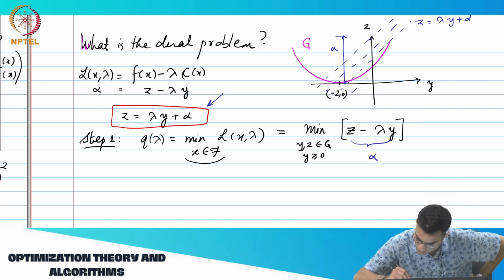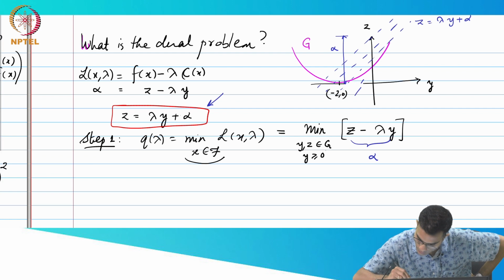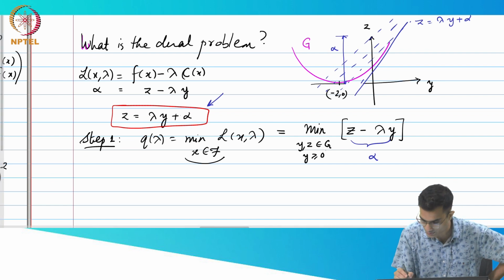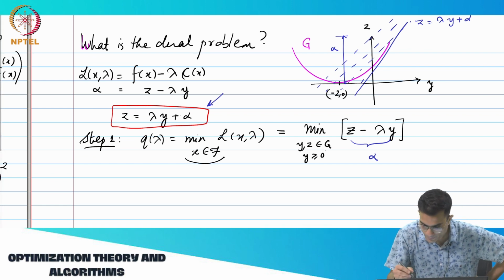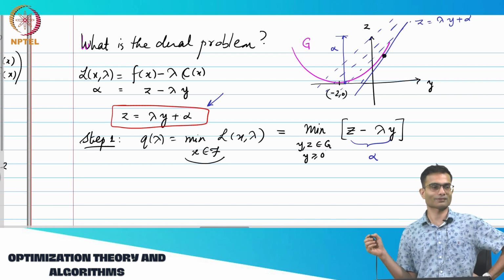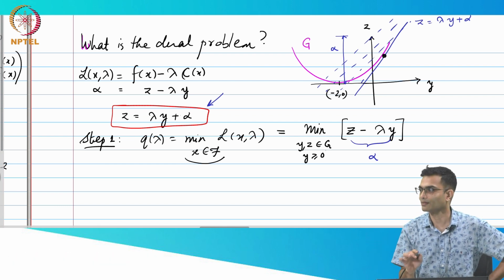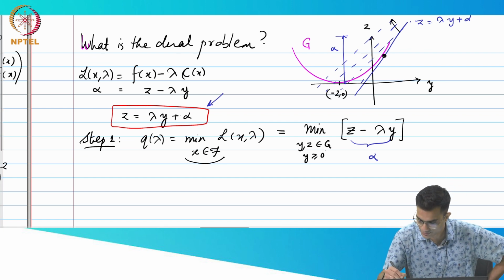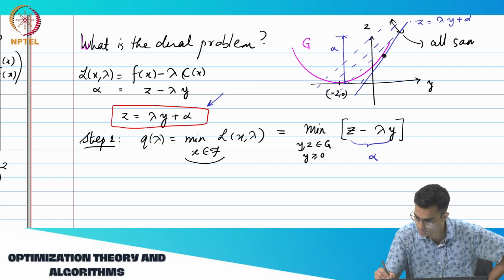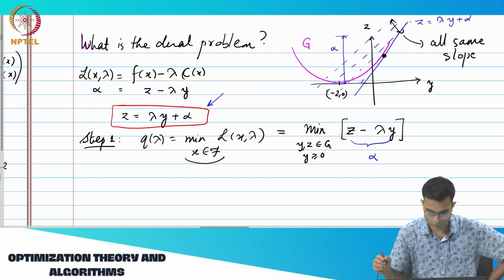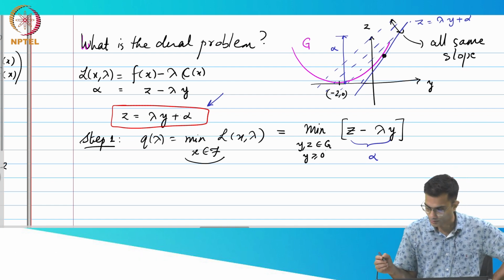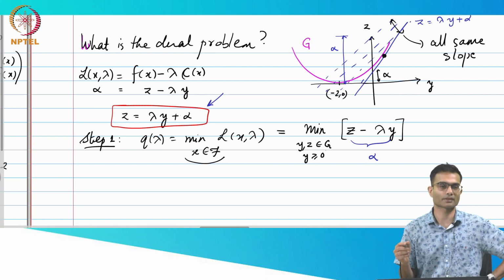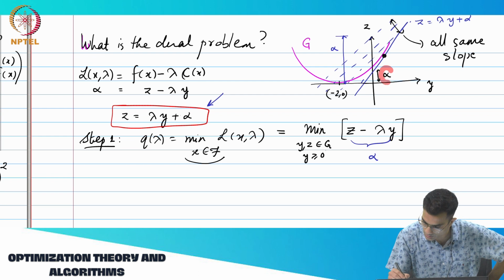So I'm going to get something like this. My drawing is terrible, but if I start erasing this, everything gets erased. Okay, let's assume that this is the tangent point. So my pathetic drawing is okay, right? So these are all different lines, all same slope, and this is the minimum intercept, right? So this alpha over here